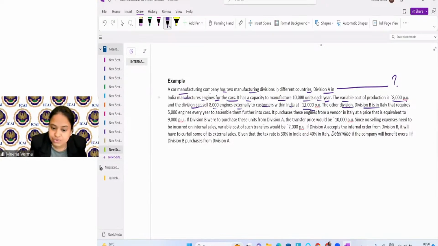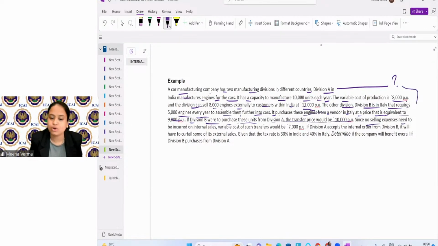The other division, Division B, is in Italy and requires 5,000 engines every year to assemble them further into cars. It purchases these engines from a vendor in Italy at a price equivalent to 9,000 per unit. If Division B were to purchase these units from Division A, the transfer price would be rupees 10,000 since no